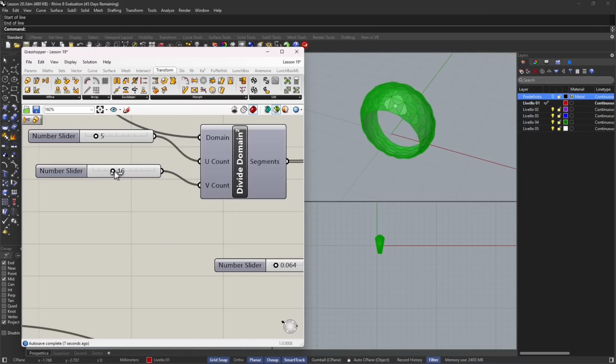And now we can go back here to the number sliders of the divide domain to change this and perhaps fix it, or make it different. And I've chosen this time